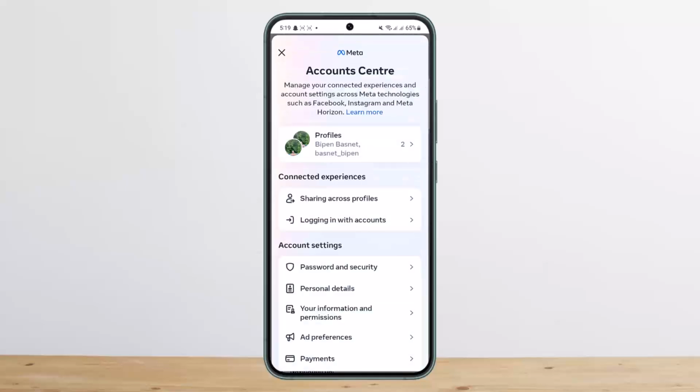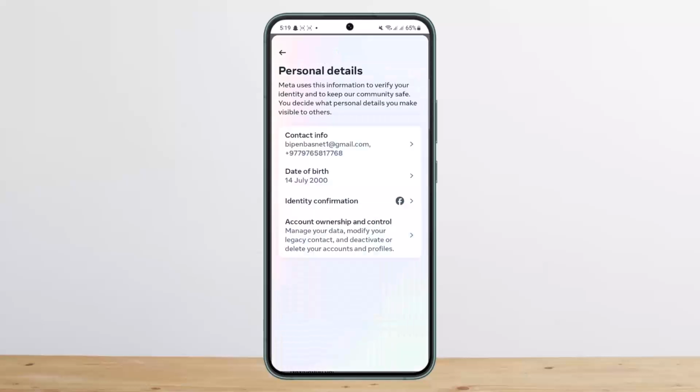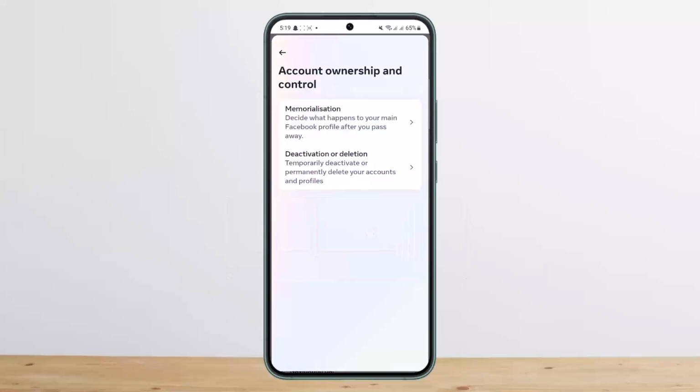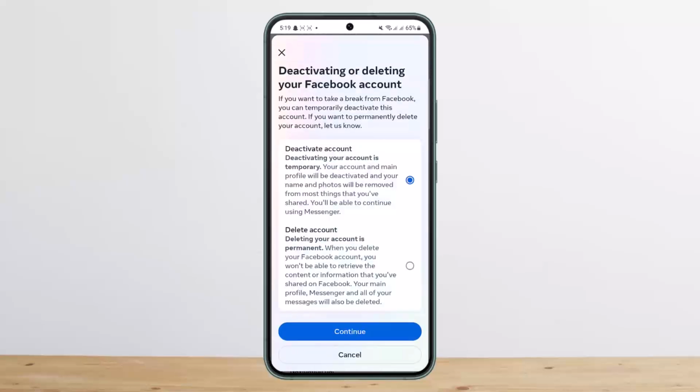Once you tap on it, you'll find the option Account settings. Under it, you can see Personal details. You want to head into it. Under Personal details, you can see the option Account ownership and control. Simply tap on it, and once you tap on it, you'll see Deactivation or deletion. Again, tap on it and then select the Facebook account that you wish to delete, and then you can see